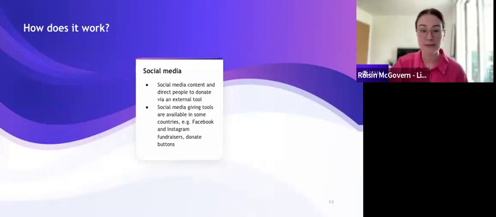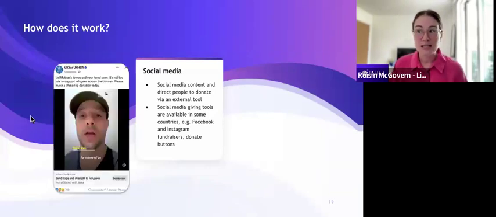And even without using the built-in tools for fundraising, social media itself is really helpful when it comes to online fundraising. You can track the success of your social media content with getting your audience to take action. You can use your analytics to identify the type of social media posts that genuinely result in higher donations from your supporters. It's really interesting to look at your analytics and see what impact your content is having on traffic to your donation page, or on general donations as well.